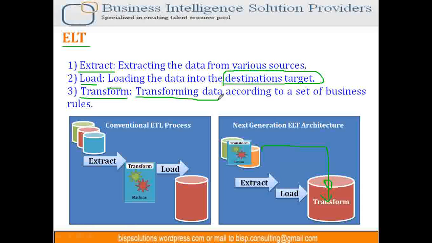So it doesn't require any middle tier hub or hardware to perform this transformation, which takes a lot of time, rather than this ELT. Now the question is, how does it perform the transformation in the target place? So the answer is that